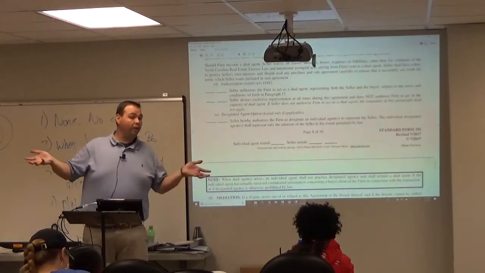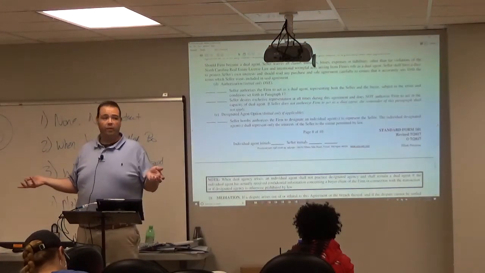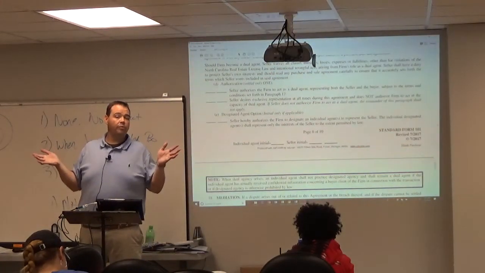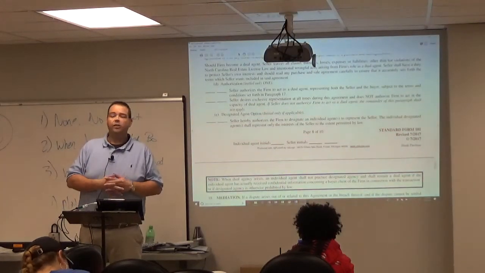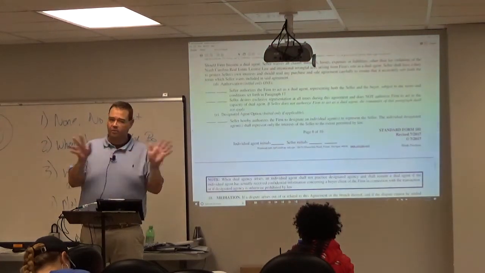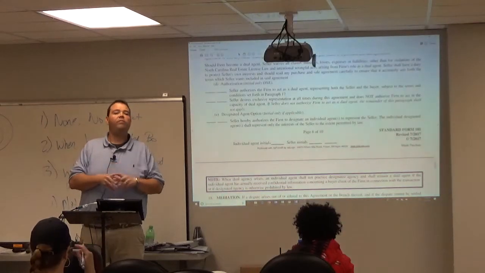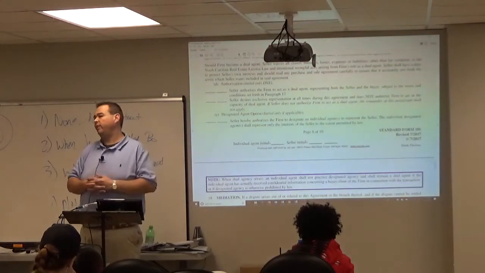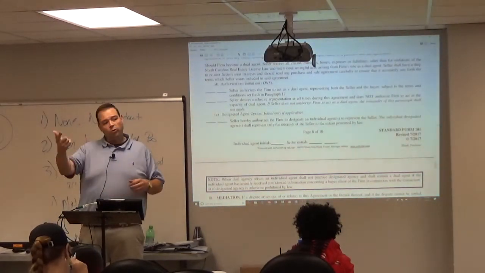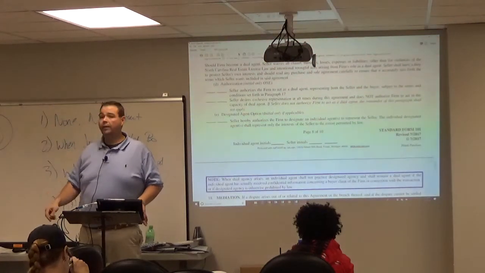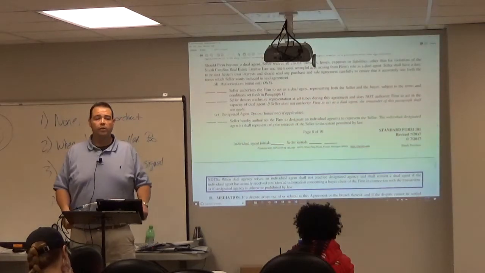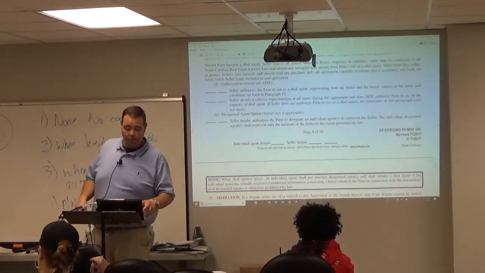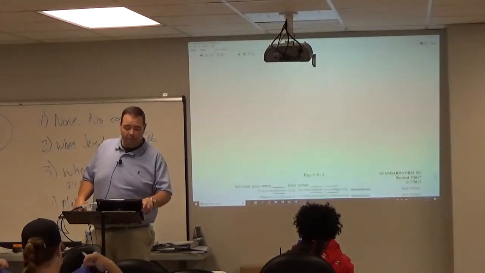Only true dual agency but not designated dual agency. Does that make sense? If they've initialed just line 2, what did they authorize? No dual, no designated, just exclusive. If they've initialed lines 1 and 3, what have they authorized? Dual agency and designated dual agency. Does that make sense for everybody? Okay? So 3 cannot be by itself. And that's pretty much it.